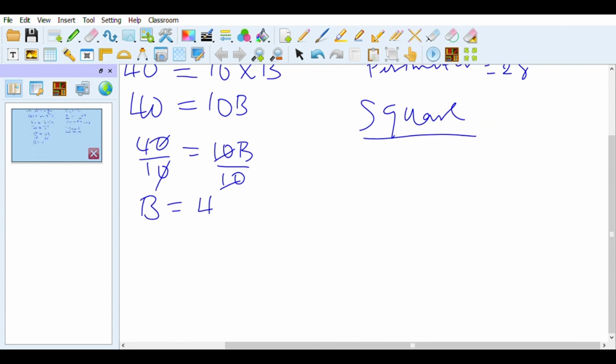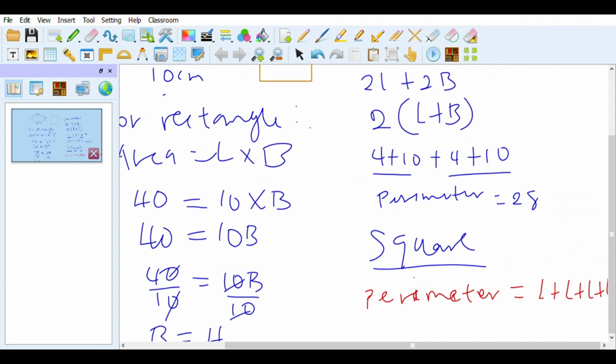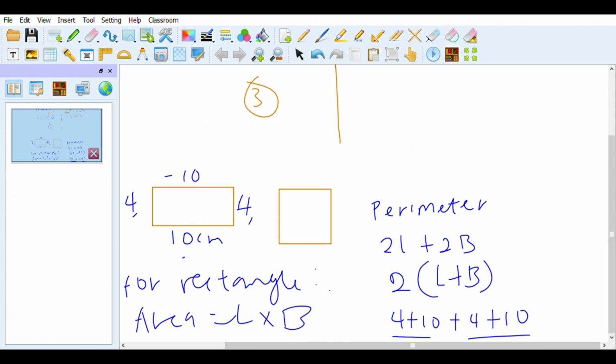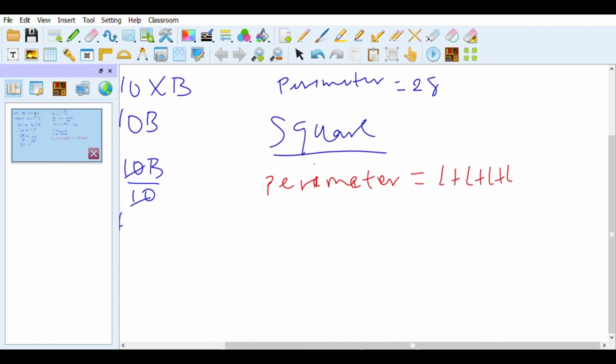Now, how do we calculate the perimeter of a square? The perimeter for a square is L plus L plus L plus L. Remember that in a square, all the sides are equal. So all you need to know is one of the lengths and you use it for the perimeter. Once we know one length of a square, the other lengths are the same. Since we don't know the length yet, but we know that the 4 lengths will give us the perimeter,